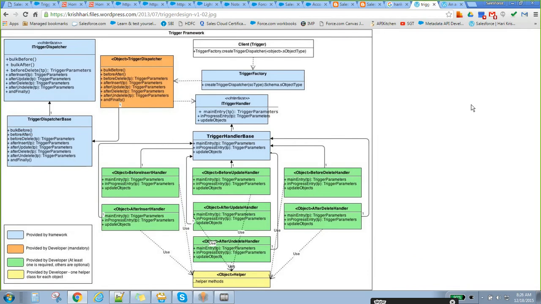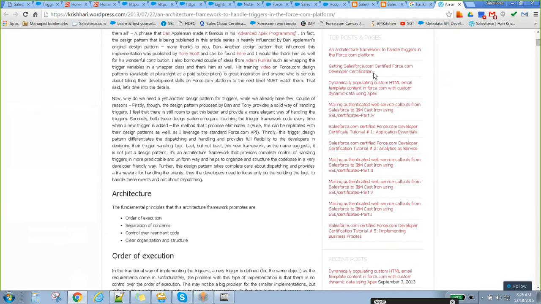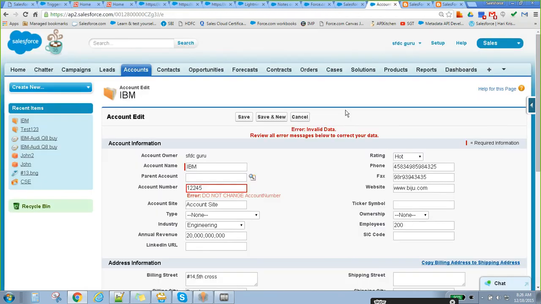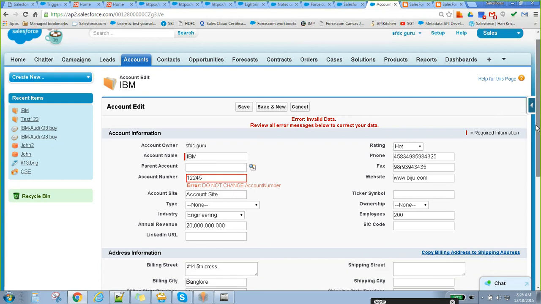Another design pattern is about how to handle the debug logs, which we'll discuss later. If you want to put a debug log, basically we use system.debug, right? It will show all the debug logs one by one.